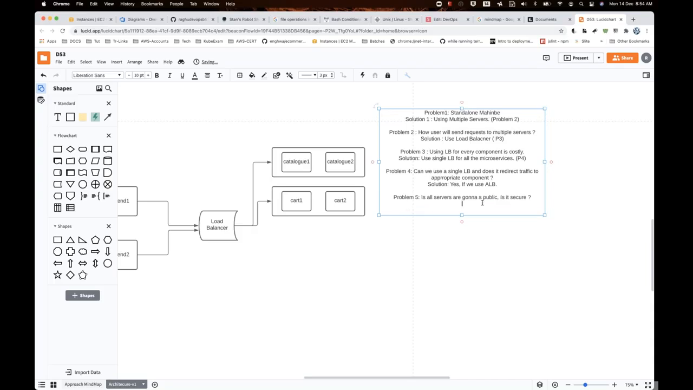So the next problem. Let me give some description around this particular problem. If all servers are public, then what is the problem which is going to come up? All servers are exposed to